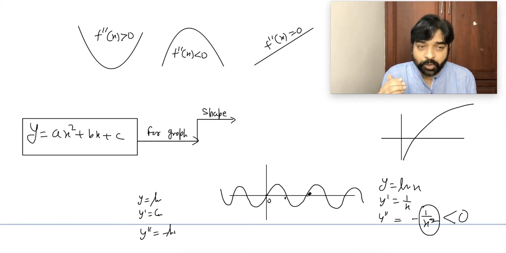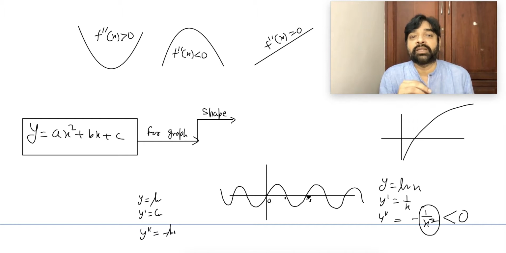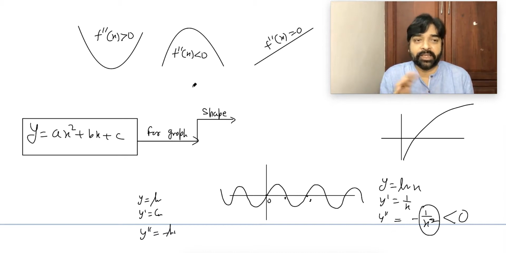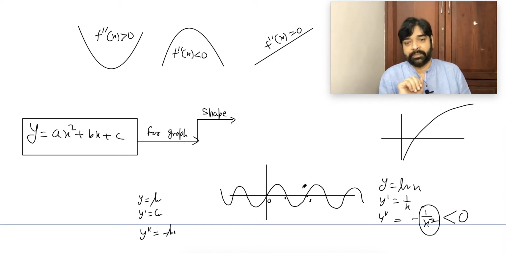But between pi to 2 pi, sin x is what? Sin x is negative, so the double derivative will become positive. The positive shape is this. That's why the shape is coming this way. Have you understood the point? So sin x has both these two shapes, a mixture of these two shapes. One time this shape, one time another shape. Like this, it will alternately come.